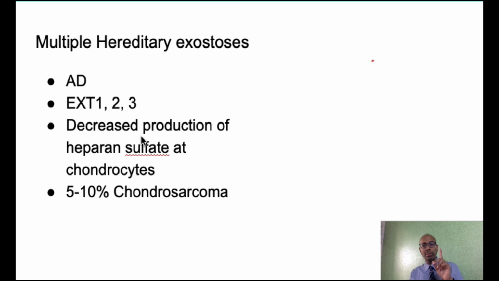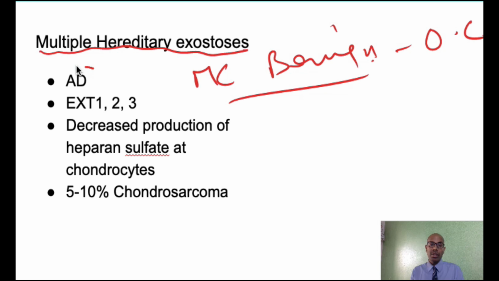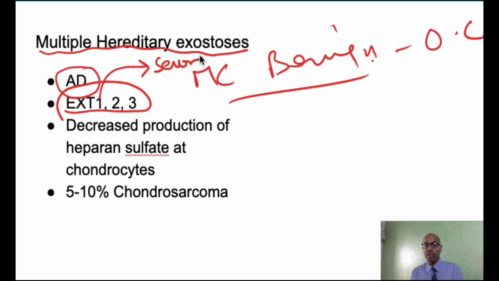We know that the most common benign tumor in the body is osteochondroma or exostosis. But if there are multiple exostoses, it is called multiple hereditary exostosis. There's a hereditary or genetic association with it, and it is usually transmitted in an autosomal dominant fashion. The genes involved are EXT1, 2, and 3. EXT1 is the most commonly involved in the severe form of this disease. The X-ray we saw previously is probably the severe form of the disease and therefore most likely to involve the EXT1